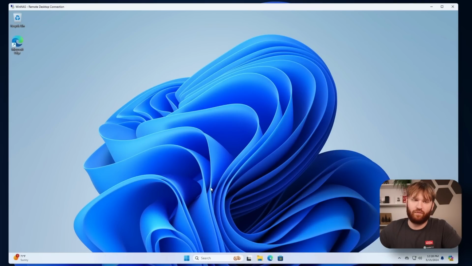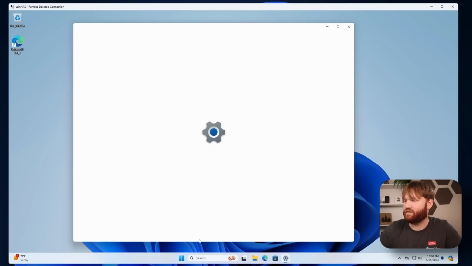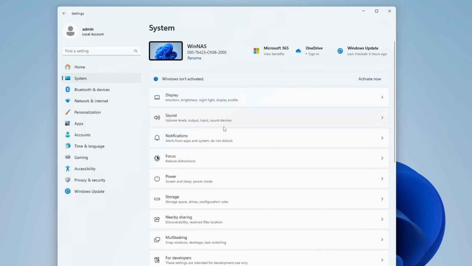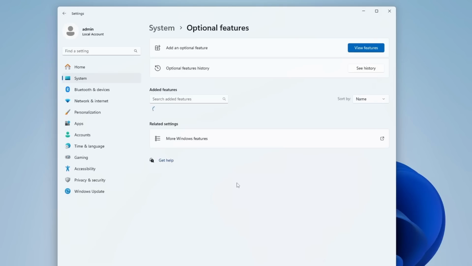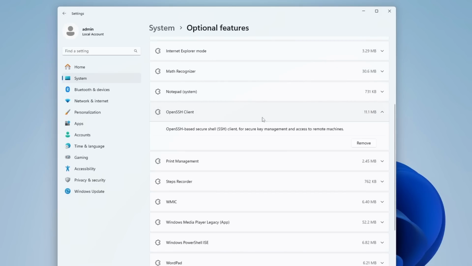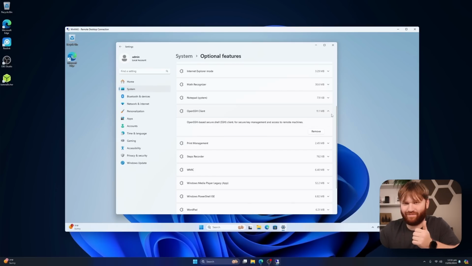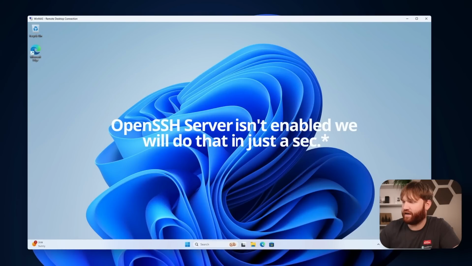It is now shared. So now another feature that we might want to go ahead and enable is OpenSSH. I'm pretty sure that's under the additional features and settings. So we're going to go to System, and I believe there is an optional features right here. Let's go ahead and open that up. And here you have all kinds of plugins and stuff. So right here under OpenSSH Client, oh, it looks like we already have it. That's good. Last time I did this, it wasn't enabled by default. We can close that out.